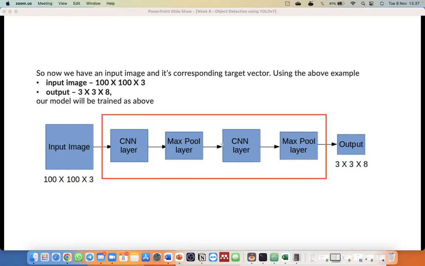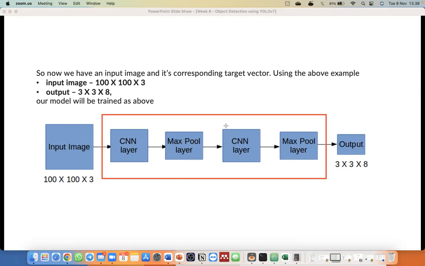But actually, in YOLO version 7, there are more complex CNN layers inside the pooling layer. We have an architecture that has a more complex algorithm or more complex process to detect the object.